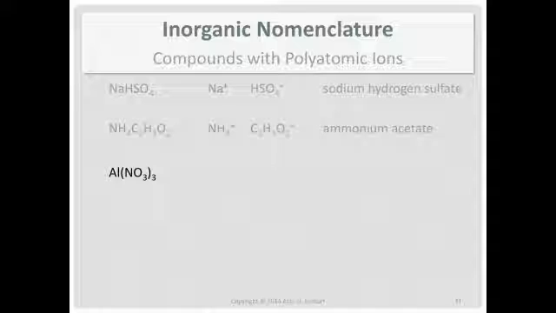Well, what's the cation? Al3 plus. You know what that is. That's the aluminum ion. And what's left over? NO3 minus. Oh, and look at the chemical formula. See how there are parentheses around the NO3, and then there's a 3? That's because of charge balancing. The aluminum ion has a 3 plus charge, and the nitrate ion has a minus charge. So you need 3 nitrates to balance out the aluminum ion. And the formula name is aluminum nitrate. Cation followed by anion.